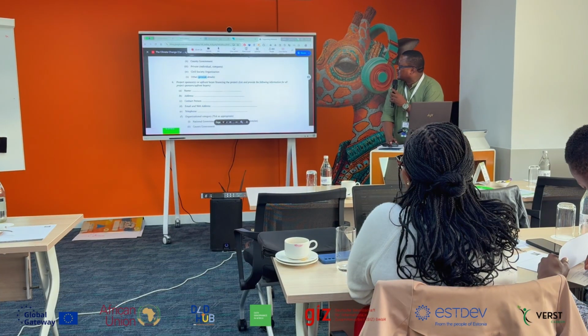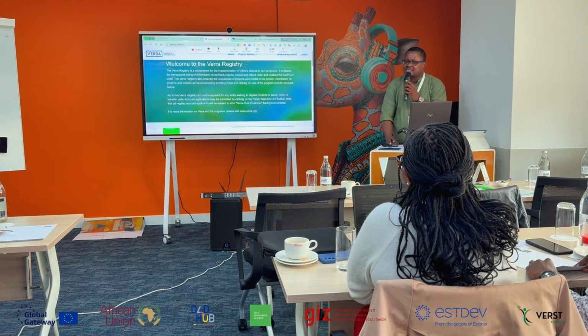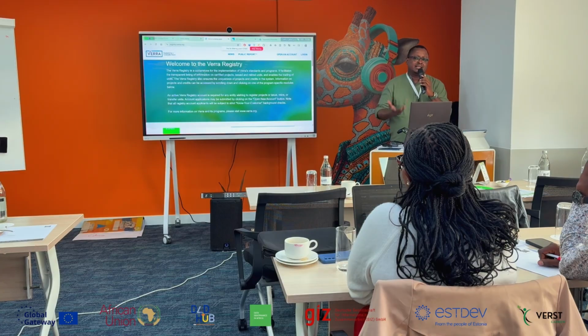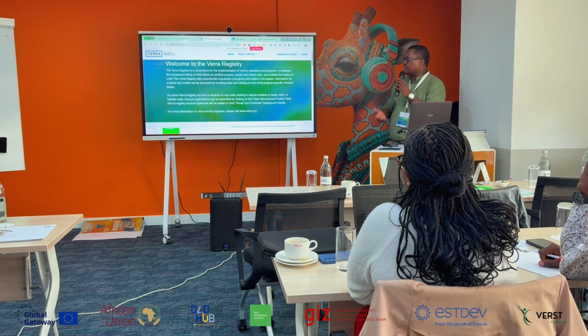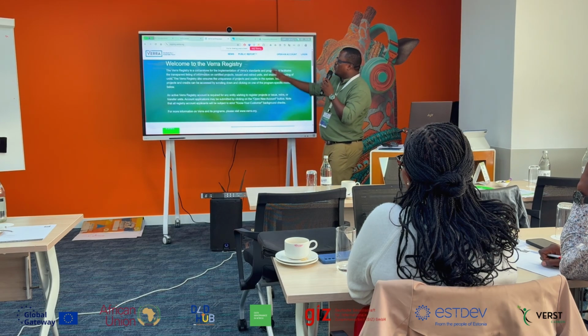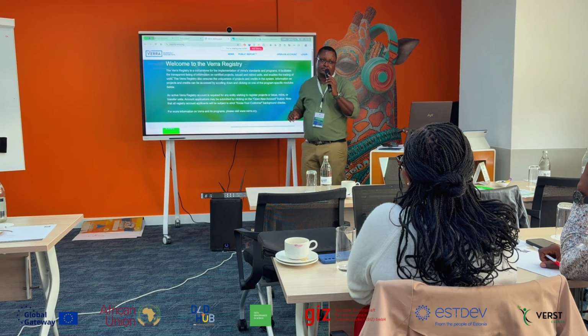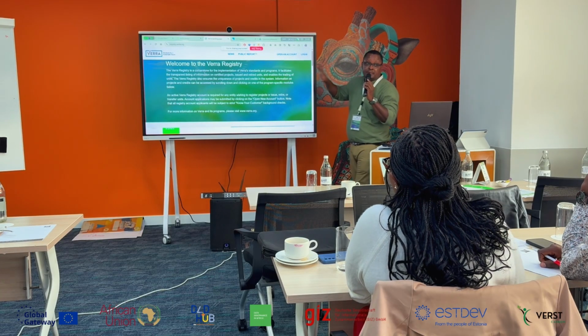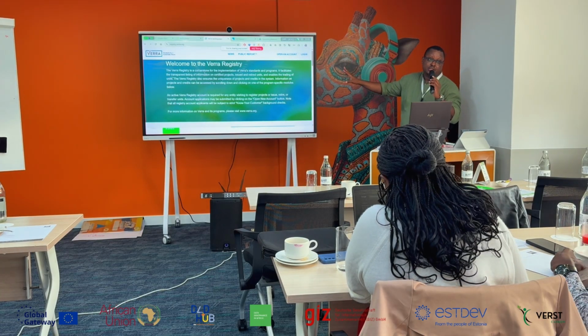If you want to find out which projects are operating in the Republic of Kenya, done voluntarily by people who aspire to help Kenya's ecosystem, climate and communities, one is Vera, one is called Gold Standard. Check the URL: registry.vera.org. It's a public registry.